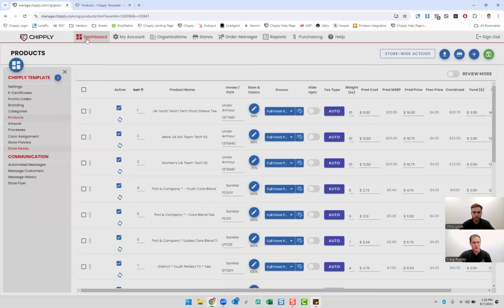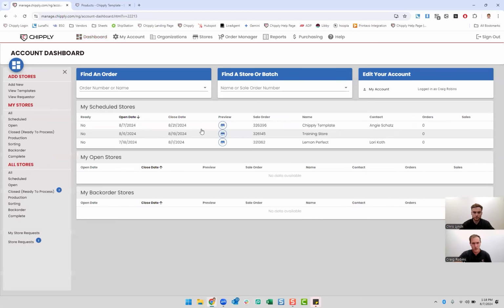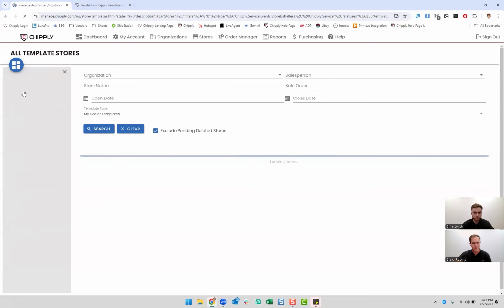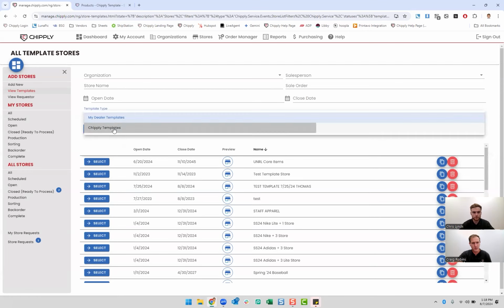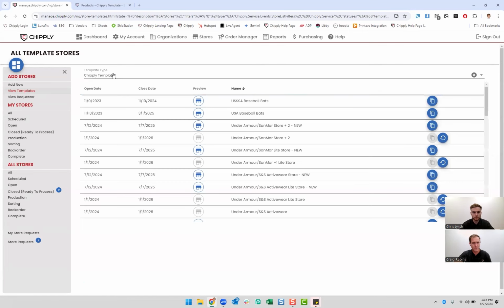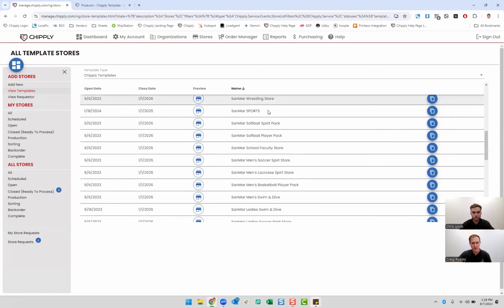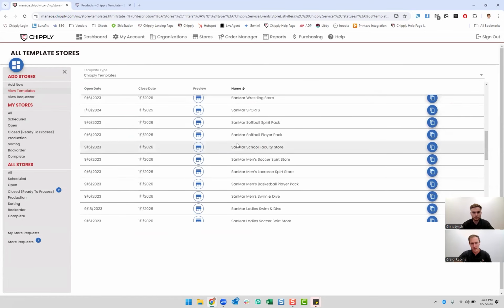The other thing you can do, because that might seem like a lot of work, and you know that Chipley has some really good stuff, you could go to View Templates in the upper left underneath Add New. And then if it's not already Chipley templates, you can switch it over to that. And now here are all the Chipley templates that you could then copy from. So if you really liked the Sandmarsh School faculty store template that we have, you could go ahead and copy